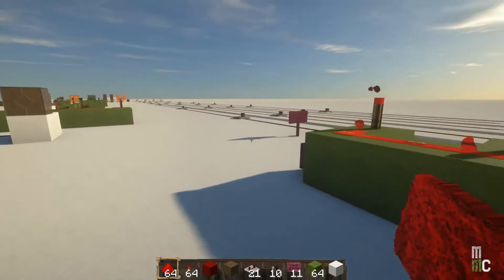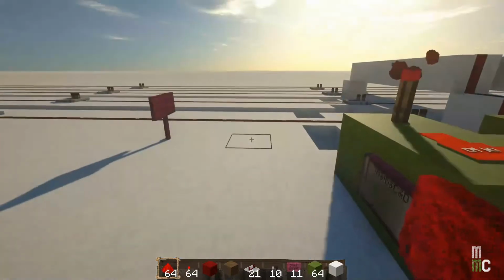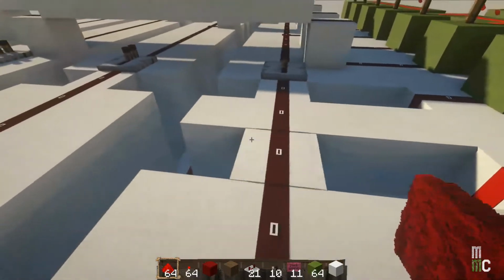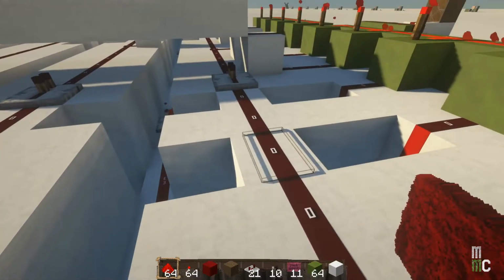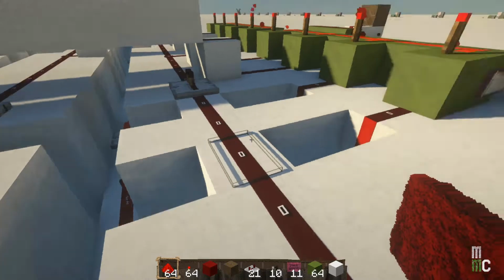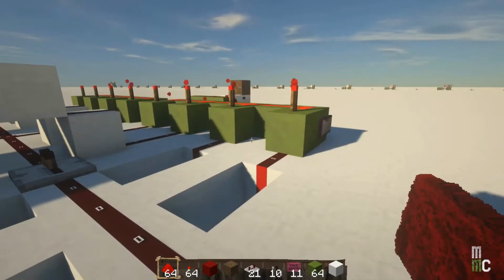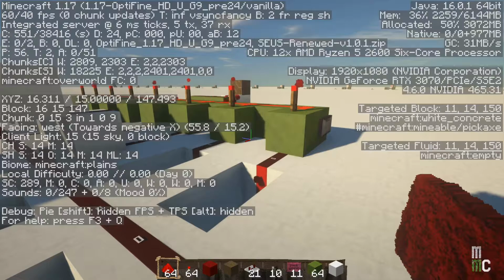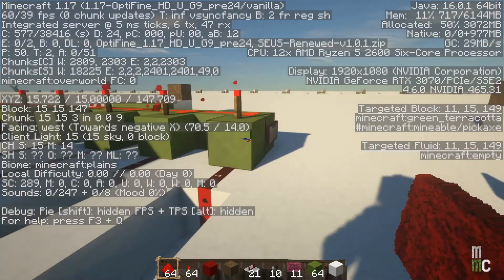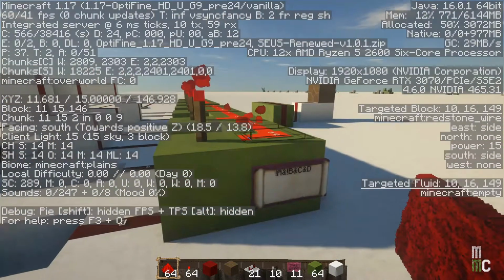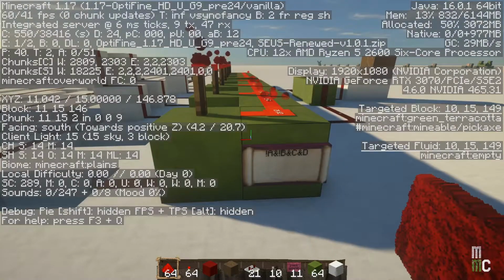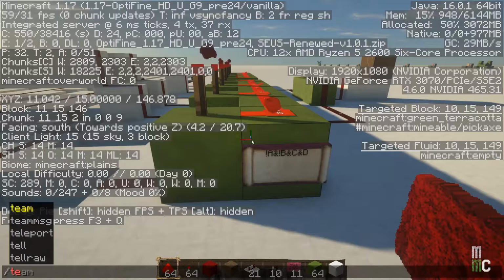We've got it set. Now, all we have to do is check all of our wires and make sure they have their links. So what I'll do is I'm going to get my coordinates here and see where we're at. Around, I think I'll go to that right here. We are at 11, 15, 146. So I'm just going to teleport to that real quick. Teleport to